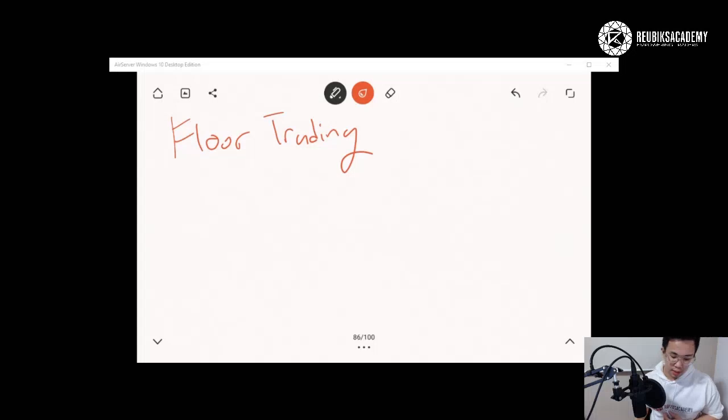Okay, that's number one. Number two is you have to understand that because of the fact that there are opening and closing hours, it does not mean that during the closing hours stock prices will not be affected. It will still be affected. It will be affected through this thing called the gap up or the gap down.